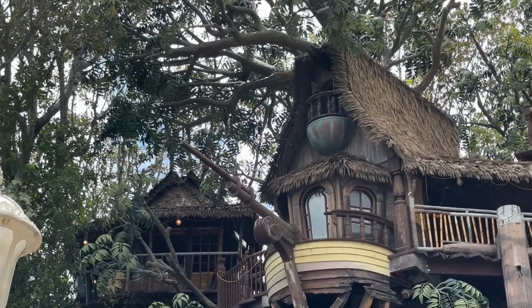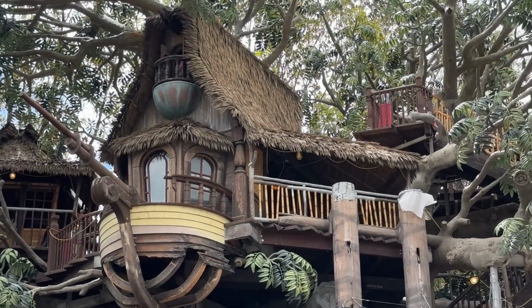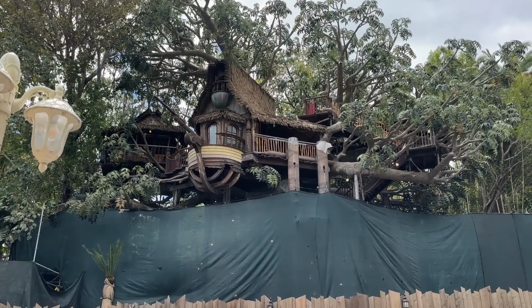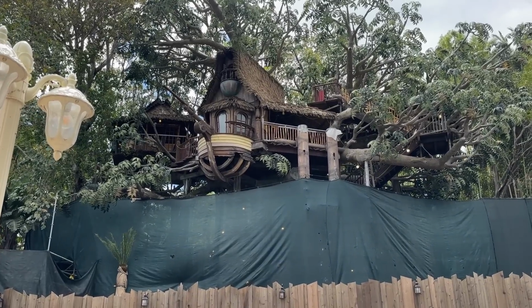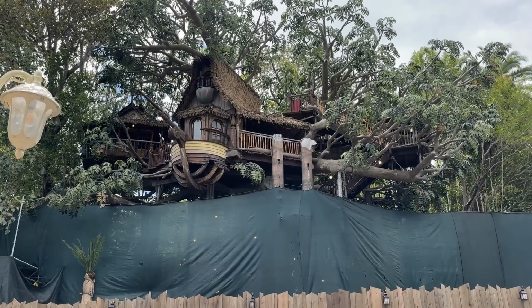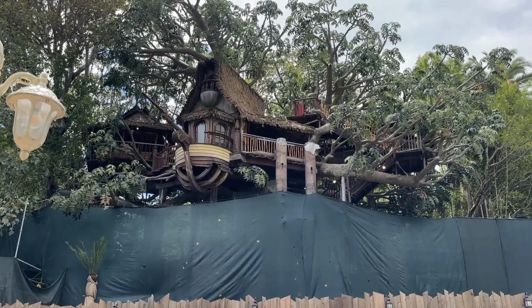But yeah, 600 days. Disneyland was built in a year. Refurbishing a Treehouse is 600 days. Don't get me wrong, I'll be excited when it comes back, but they're obviously staggering this out for some sort of, I think, secondary release, right? Like, I feel like this is going to be aligned with something over on Disney Plus, whether it's Swiss Family